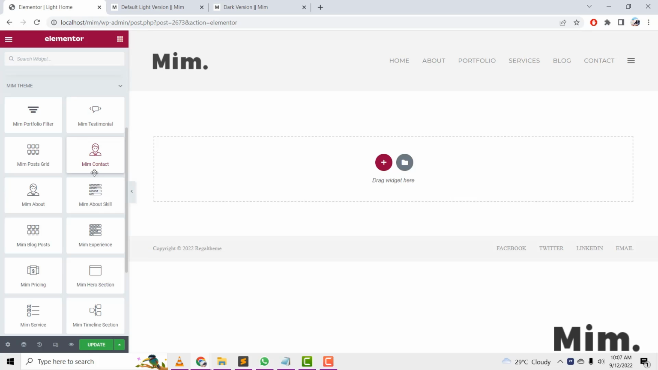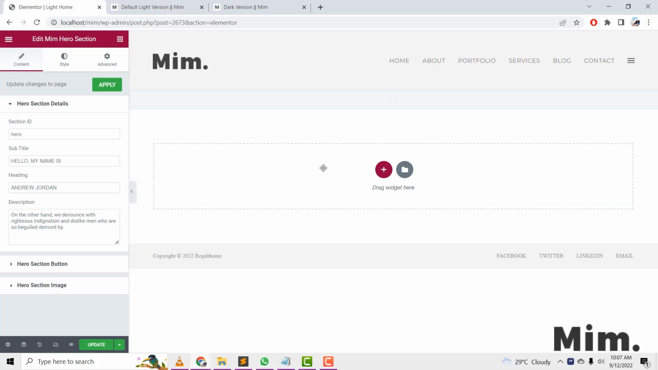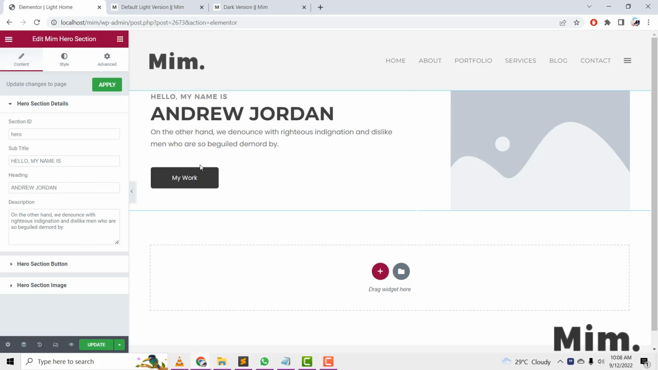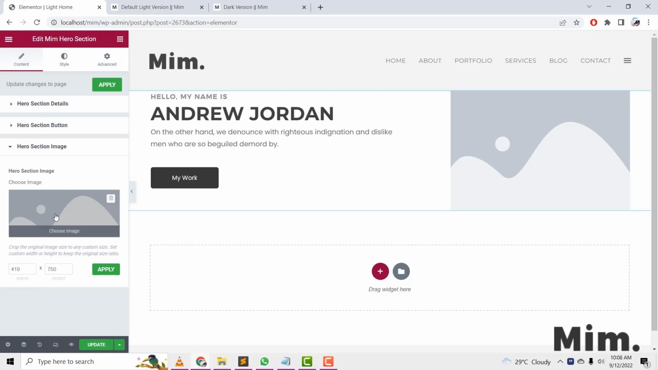Theme widgets. Here you will find the hero widget. You have to find the hero widget, the Meme hero section here, and just drag this to the canvas area, and your hero widget will be here, and it will come with all demo data. You just need to upload an image. So for uploading the image, you have to visit hero section image, and here you have to click